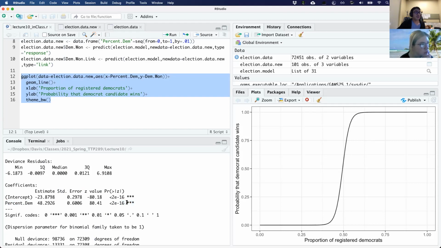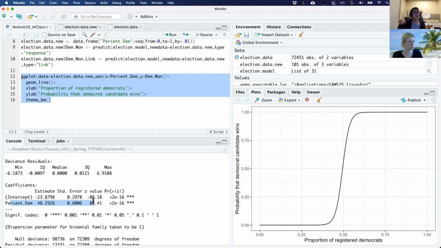We know that the effect is real and that it's positive, which means the more registered Democrats you have, the more likely it is that the Democrat will win the election. That's basically the type of interpretation that you commonly see in presentations or papers.